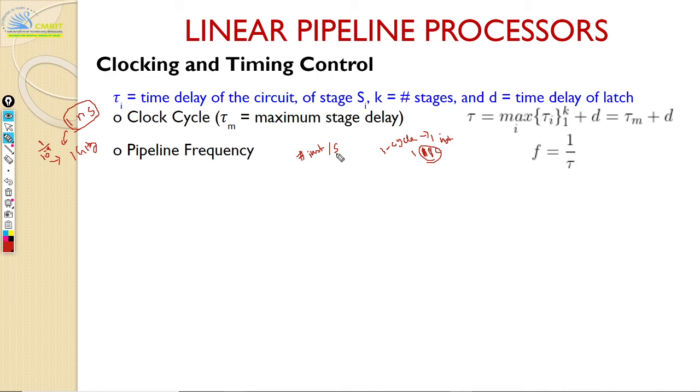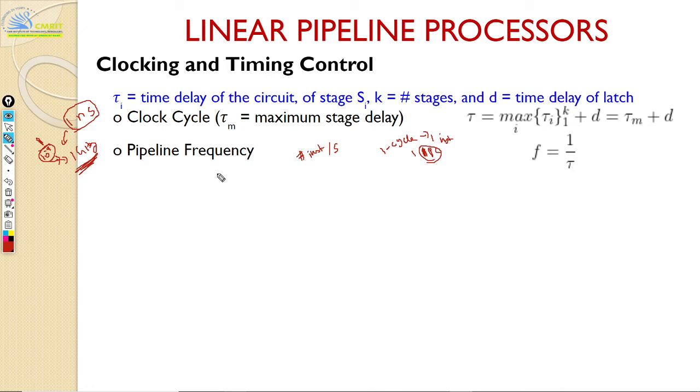Okay, and how many instructions in 1 second will you get? If you calculate, it is going to be exactly the same as this 1 gigahertz. One instruction is going to get processed in one clock cycle. Clock cycle is 10 power minus 9, correct? So one instruction in 10 power minus 9 seconds, which is again going to be 1 gigahertz. So in other words, your theoretical maximum throughput is going to be the same as your pipeline frequency.